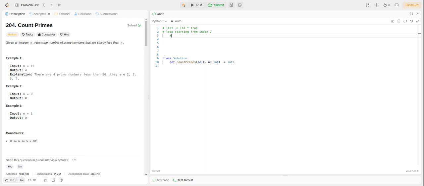So since we already know that if we were to start at 2, all the multiples of 2 after that would not be prime. Same with 3. Any multiples that we know are not prime. So we're going to have 2 loops, one starting from index 2, and the rest are going to be multiplying through it just to check. So in this inner loop,